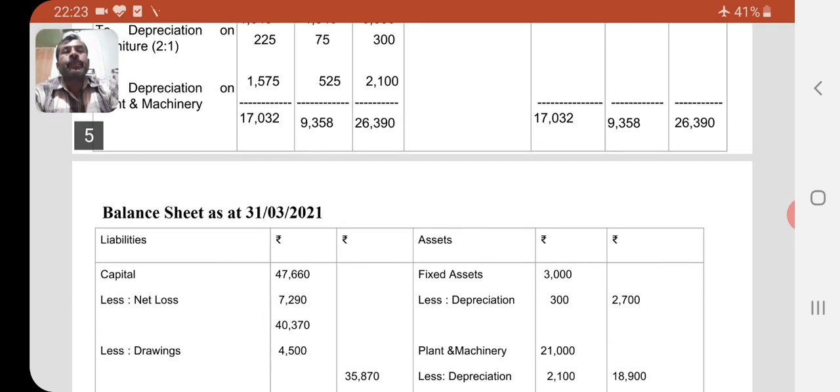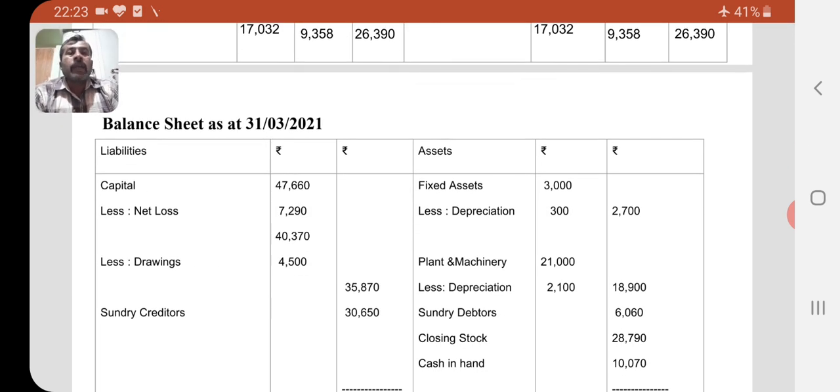Next, the balance sheet. Here the balance sheet is going to be prepared. This is the last step relating to the departmental accounts. So on the liability side, capital which is given in the problem is 47,660. From that, we are going to deduct the net loss which is ascertained in the profit and loss account. From both departments, the loss is